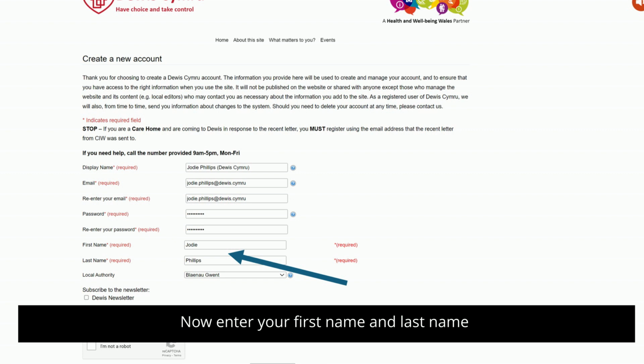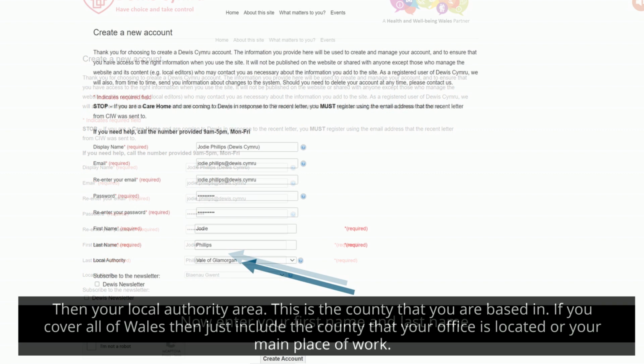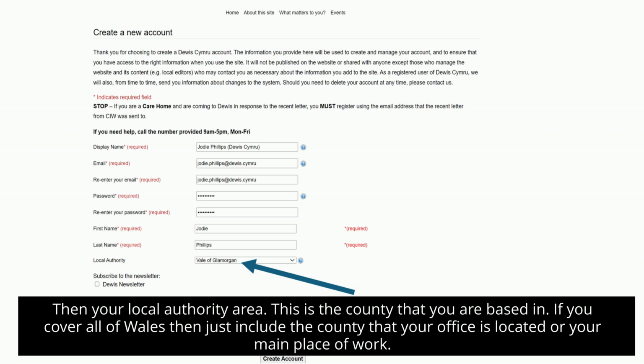Now enter your first name and last name. Then your local authority area. This is the county that you are based in. If you cover all of Wales, then just include the county that your office is located or your main place